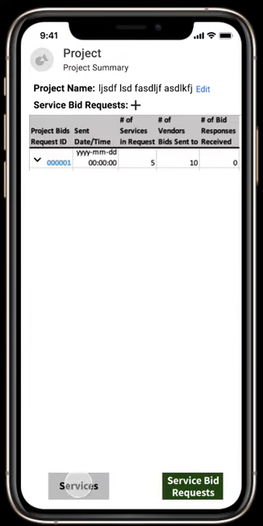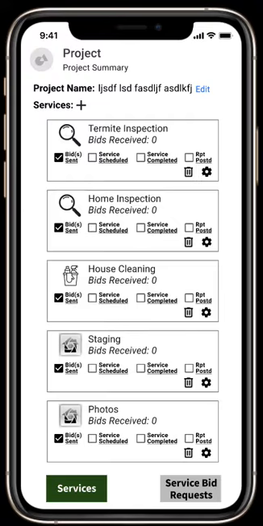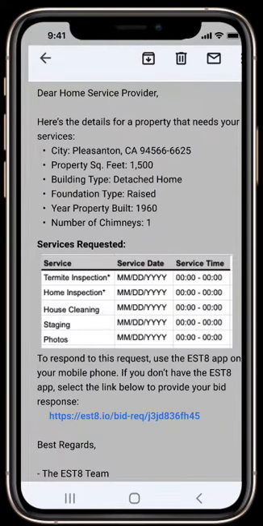Before I do that, I'm going to go back to the services page, and I'm still the project owner here. I'm going to see that all of the bids have now been sent. So by me sending the bids, that's what created this checkbox here. Now that all my bids have been sent out, I'm going to switch the perspective to the service